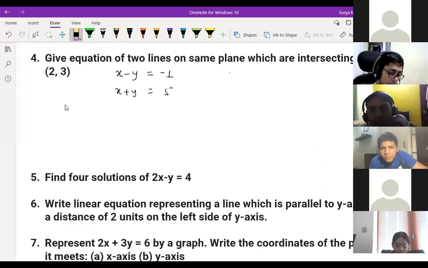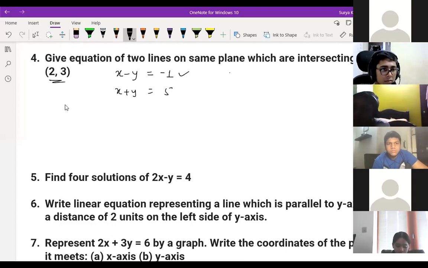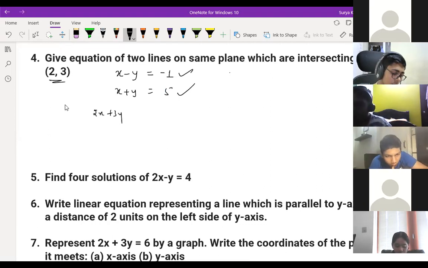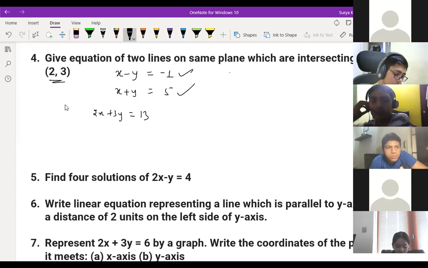Then what do you do after that? Sir, I have 5 also. So this coordinate is given. This should satisfy the equation you are going to form. You can do it easily. Whatever you write here, 2x plus 3y is equal to, put the value here: 2 twos are 4, 3 threes are 9, 4 and 9 is 13. Whatever is coming to your mind, you keep on putting. Write x and y and put the value of x and y is equal to something. That will satisfy the equation. Understood?